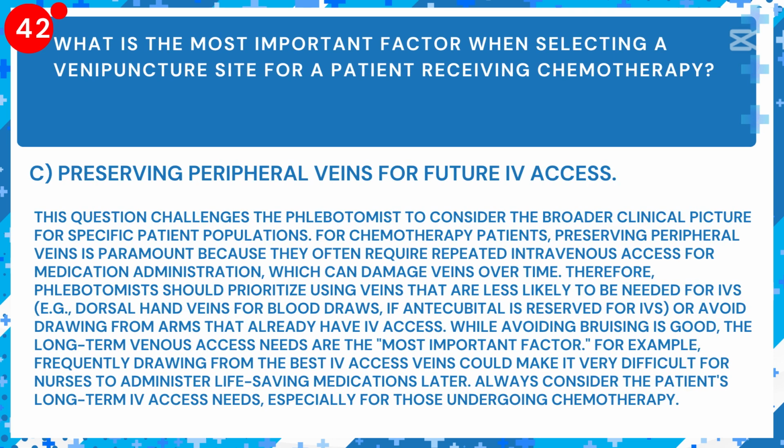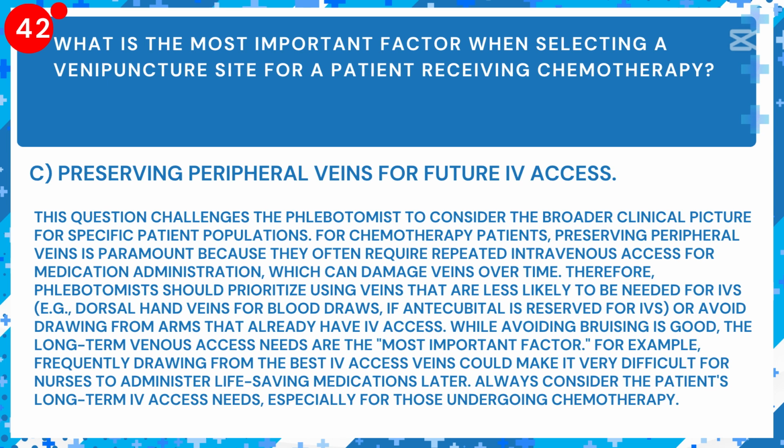Answer: C. Preserving peripheral veins for future access. Explanation: this question challenges the phlebotomist to consider the broader clinical picture for specific patient populations. For chemotherapy patients, preserving peripheral veins is paramount because they often require repeated intravenous access for medication administration, which can damage veins over time. Therefore, phlebotomists should prioritize using veins that are less likely to be needed for IVs, e.g.,